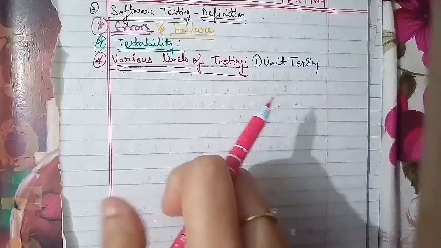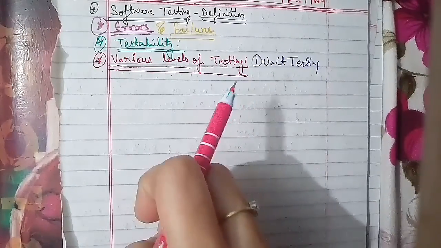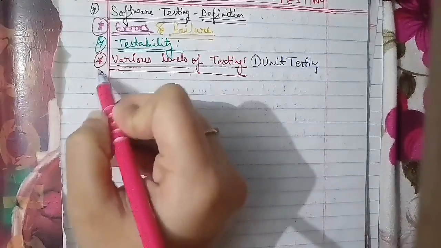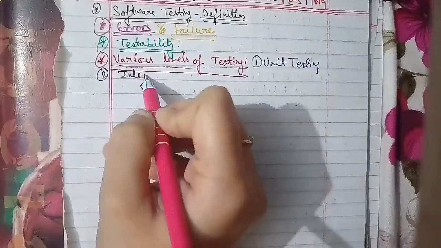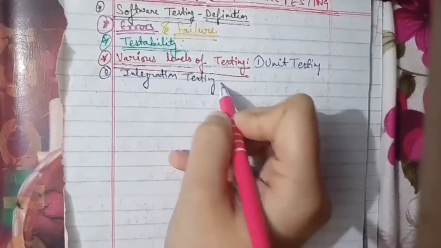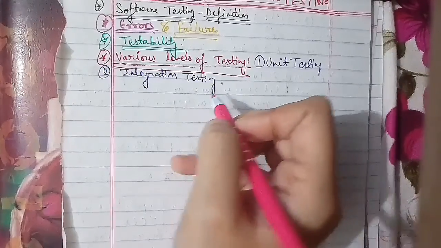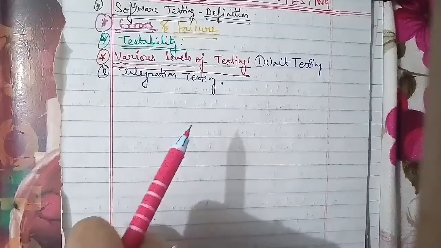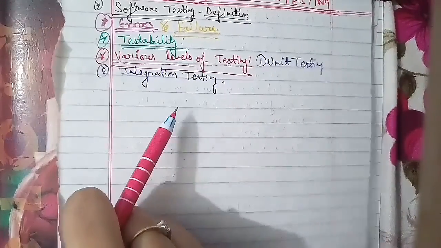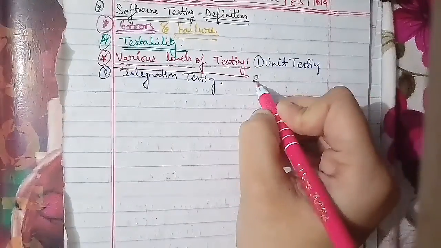In terms of unit testing, this type of testing technique is applied to detect the errors from each software component individually. The second we have is integration testing. In terms of integration testing, it focuses on issues associated with verification and program construction as components begin interacting with one another. The third we have is your validation testing.